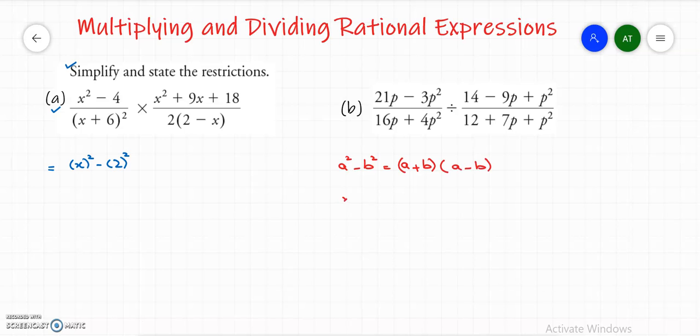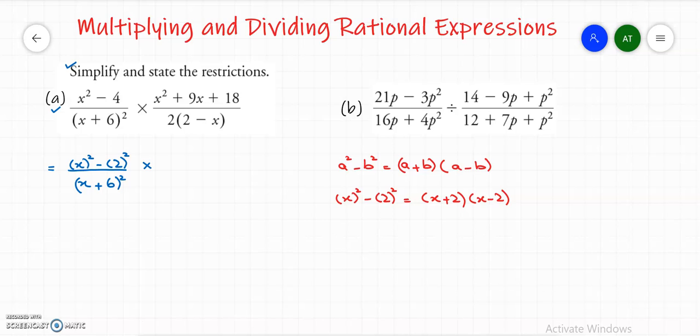So we have x whole square and minus 2 whole square, meaning the a value is x and the b value is 2, so I can write it as x plus 2 and x minus 2, right? So let me substitute it over. The denominator is x plus 6 whole square, that is already in factored form,